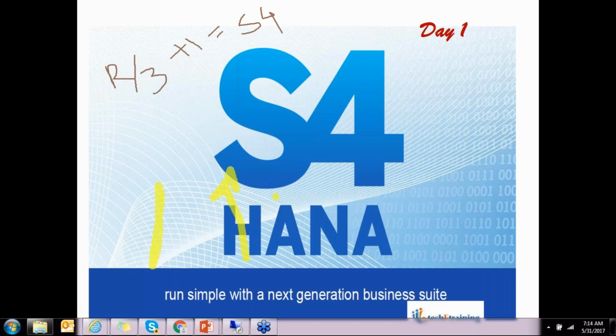Now I am on the S4 HANA screen. I open the screen, but I'm not seeing it. Sometimes I was able to see row store and column store, after that it is displaying the initial screen. Maybe it is due to network.